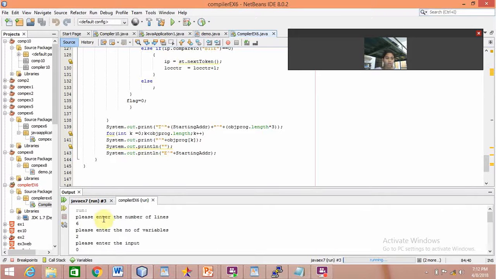Now the user asked me to enter the number of lines. I have entered 6, and for the number of variables I am entering 2, and here I am going to give the input as 0 and 1,